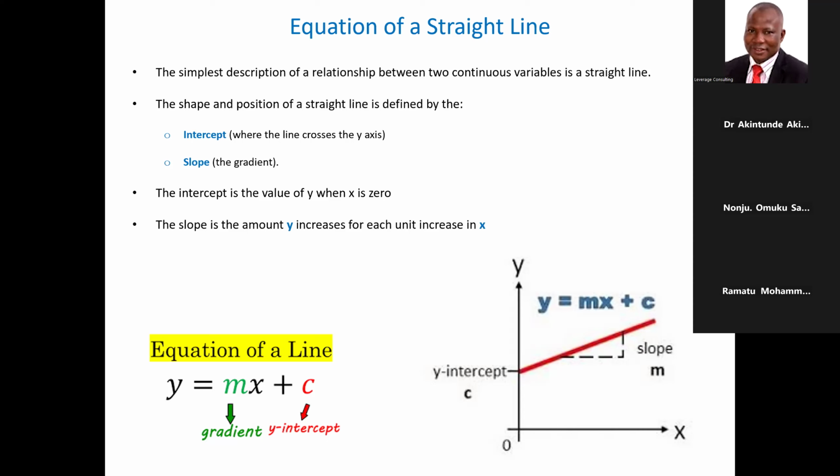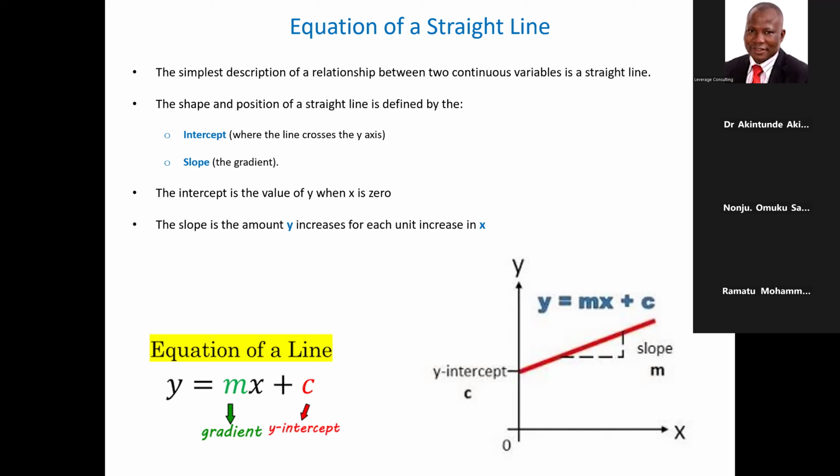If it is horizontal, it's not slanty. That shows the slope is 0. If it's almost flat but tilted, that shows the slope is small. But if it's almost vertical and tilted, that is very slopy. Slope is high. And to be sincere with you, how do you measure that slope? Whether it's really steep or not so slopy, is by the value of change in Y over change in